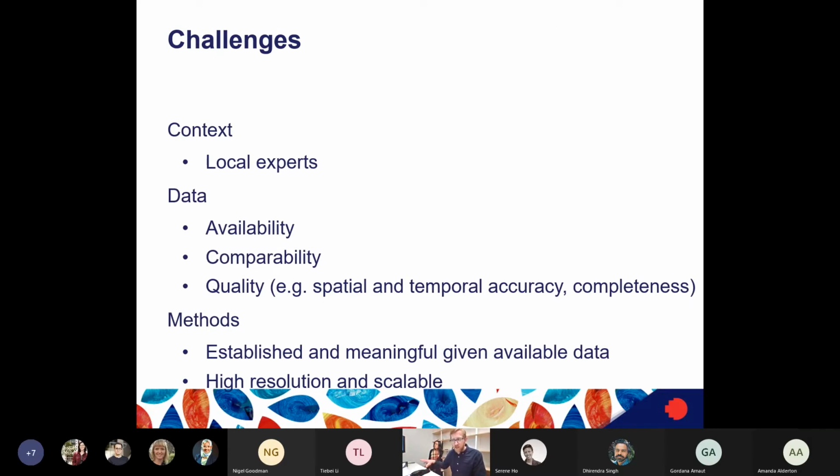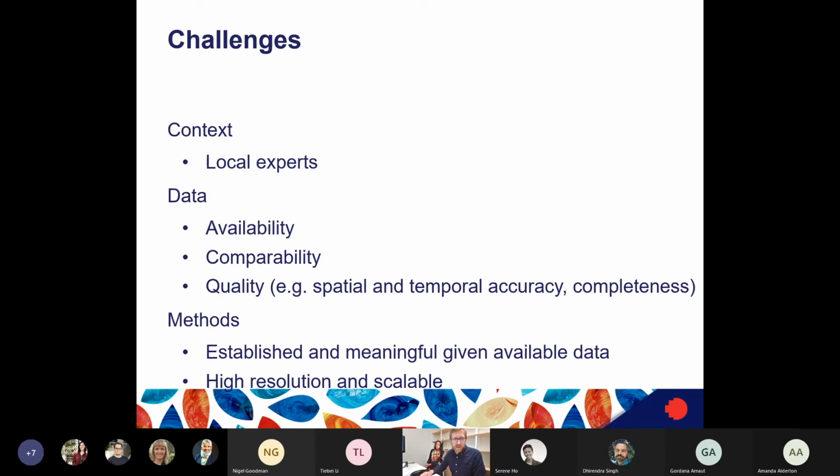Even more so than those data challenges, and guiding the data challenges, is the important aspect of context. And it underlies all of this, being sensitive to local context and the limitations of us as a centralized team of researchers, or relatively centralized, but distributed across 3 countries, but trying to represent cities across 18 countries. And we have limited knowledge. So that's where this network of collaborators is very valuable.